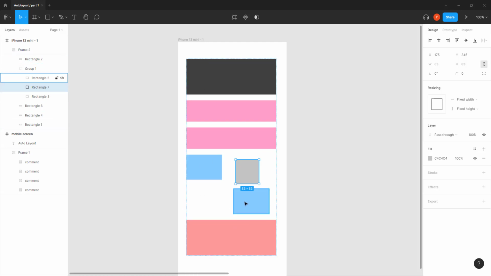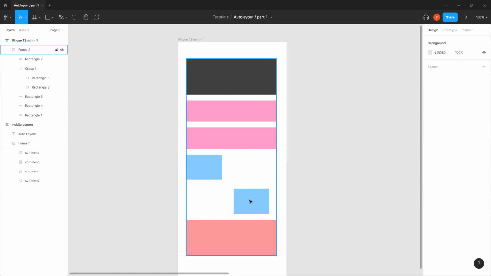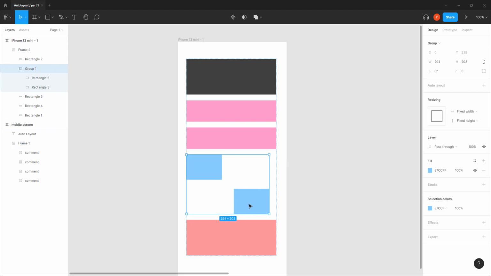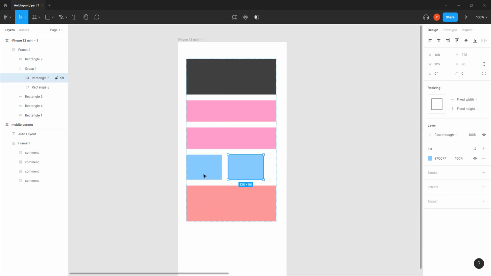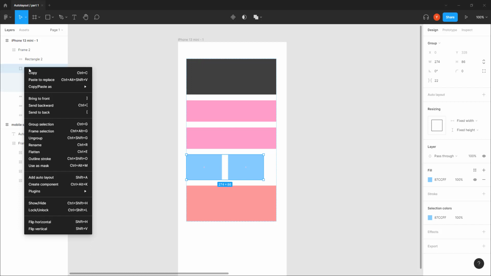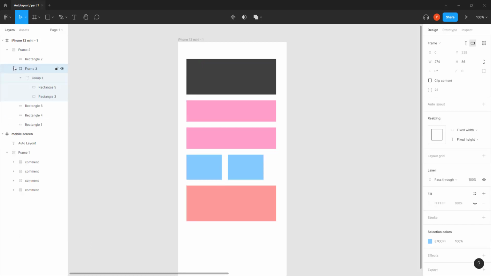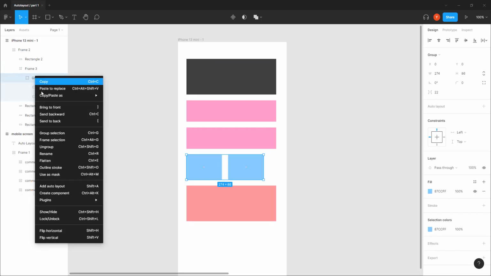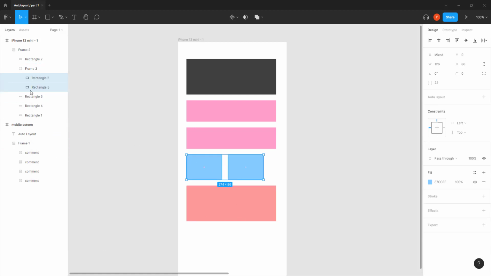The other thing that I can do is I can frame them. I mean, it doesn't have to be a group. I can just, let's say, put it like that, and I can frame them. Let's give it a frame selection, and we can actually ungroup this group, and these guys now are inside a frame. Now this frame, of course, I can make it